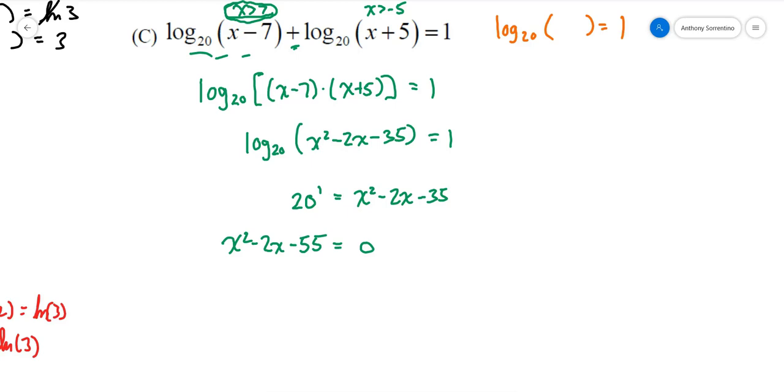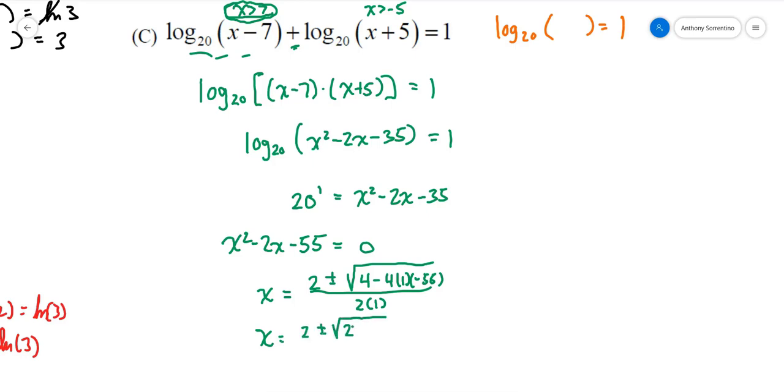This is now a quadratic equation. What you find out is that there's not many factors of 55 that are integer factors, and none of them really give you a difference of -2. So I'm going to use the quadratic formula because I do have it set equal to 0. I'm going to have 2 plus or minus the square root of 4, which is what 2 squared is, minus 4 times 1 times -55, all over 2 times 1. x is going to be 2 plus or minus the square root of 224 all over 2,